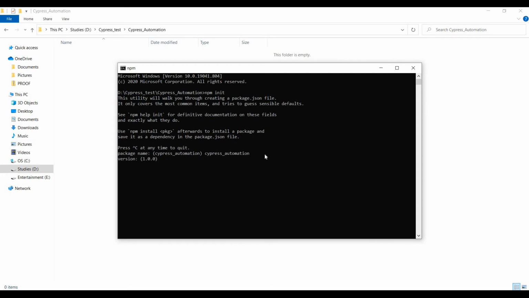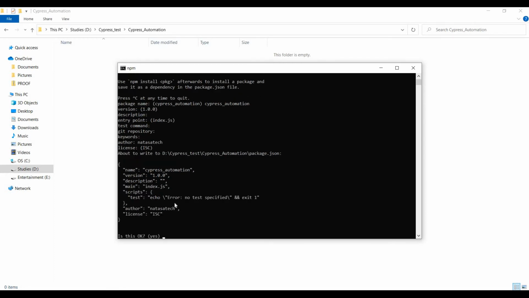So version, no need. Description, no, I don't want to give anything. Entry point, no. Test command, no. Git repository, I don't want to mention any Git repository. Keywords, no. Author, I just give Natasha Tech. License. So here you see the package.json will be created successfully.